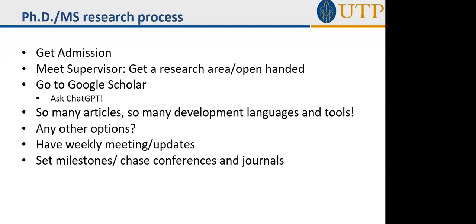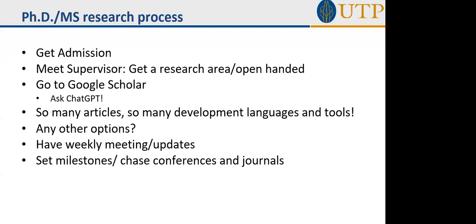So this is, you can say, the process of your PhD and MS research. First, the students get an admission, then they meet a supervisor. If the supervisor has a research grant, or is interested in working on a specific topic, the supervisor can provide the student a topic to research, or the supervisor can give the student an open hand